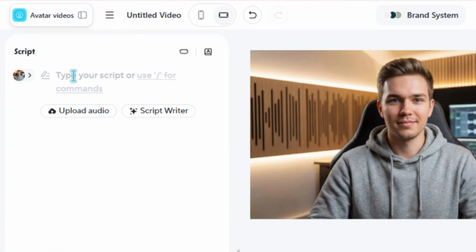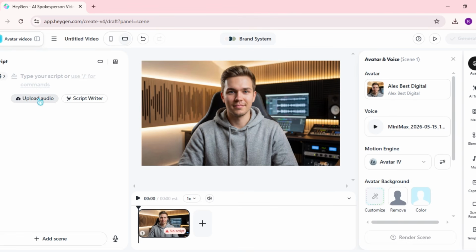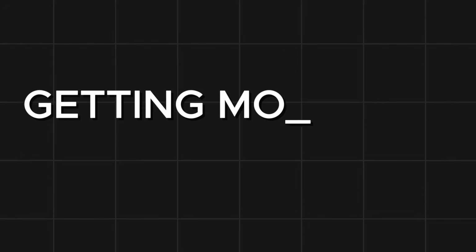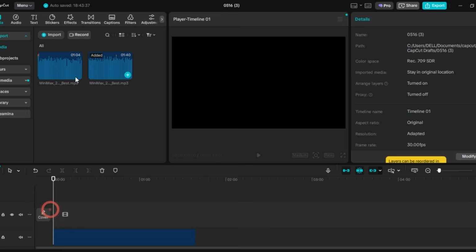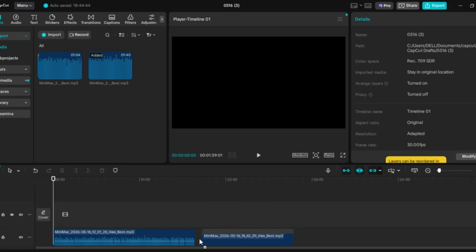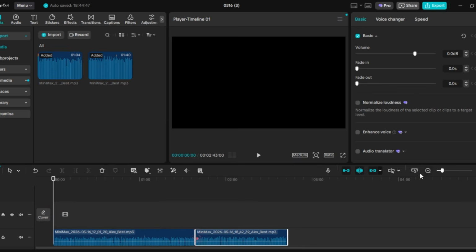To lip-sync your avatar talking, you have two options. Either type your script directly and it will use your cloned voice, or upload your audio file directly, getting more out of the free plan. Now here is the part most people miss. HeyGen's free plan gives you only 3 generations per month, but there is a trick to make every single one count. Instead of wasting a generation on 7 seconds of audio, then another on 10 seconds, burning through your slots